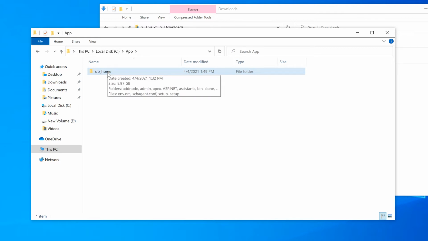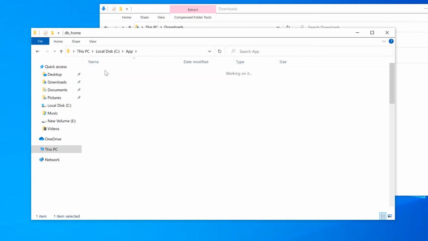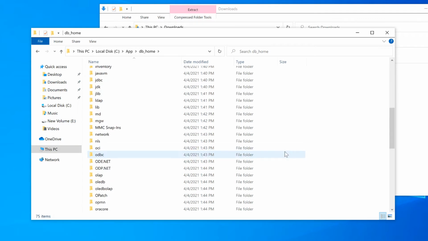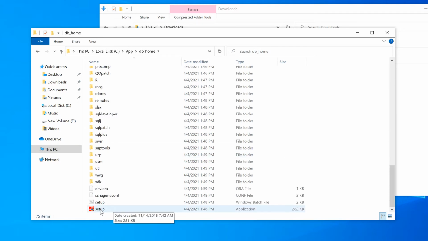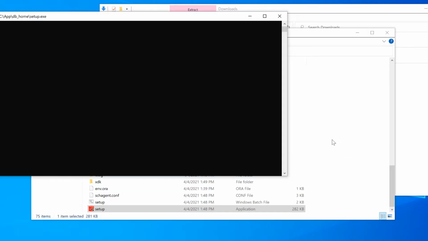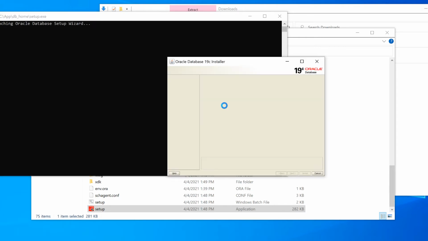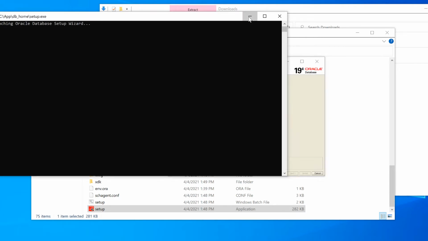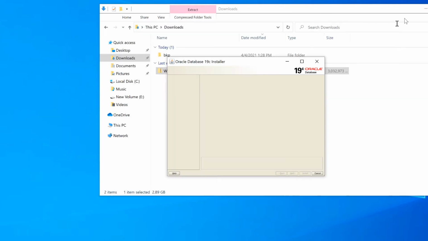Now let's install. Double click on this folder. Now click on this setup.exe file. Click on yes. Now it will launch your installation wizard. So you can minimize all other folders.